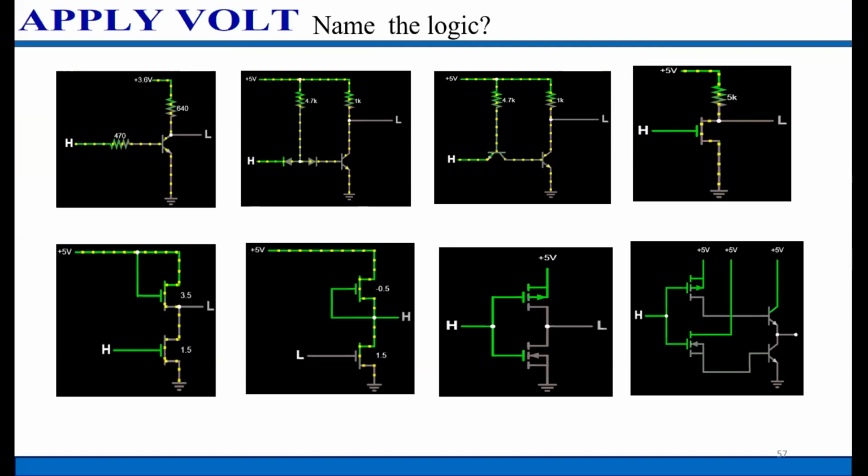8 inverters. The top 4 inverters are in terms of resistors and transistors. Of course, the last one is a mixed version with resistor as well as MOSFET. But the bottom 4 are only in terms of MOSFETs. Whether it is good to go with all or not, I can say there are 8 different types of inverters possible to design. Out of 8, a few are so-called old, and a few are modern.